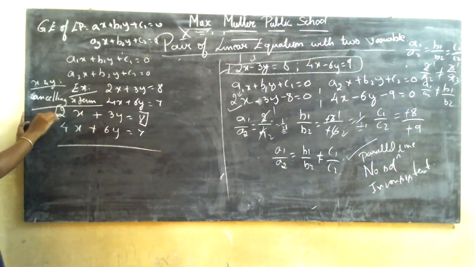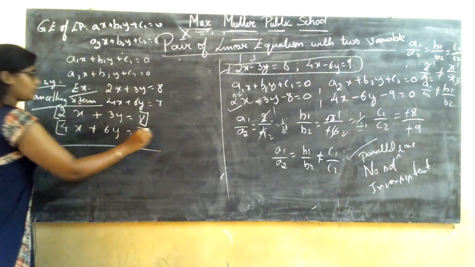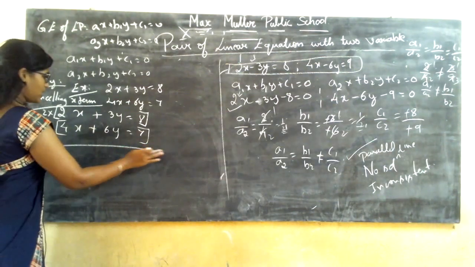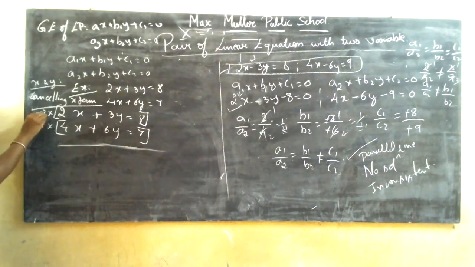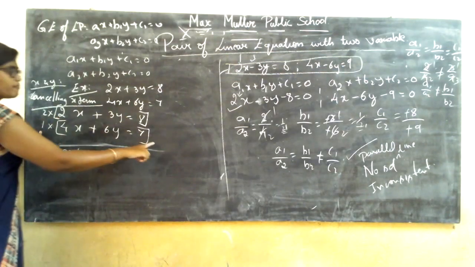Now I want to make this the first. Always multiply the least number to get the highest number. Okay. So here I have 4. Here I have 2. 2 should be multiplied with which number to get 4? It should be multiplied by 2, and this 4 should remain as it is, so I'll multiply it by 1. Now what is the equation I get after multiplying? The equation is 2 2s are 4x plus this 2 should be multiplied for the whole equation. This 1 should be multiplied for the whole equation.